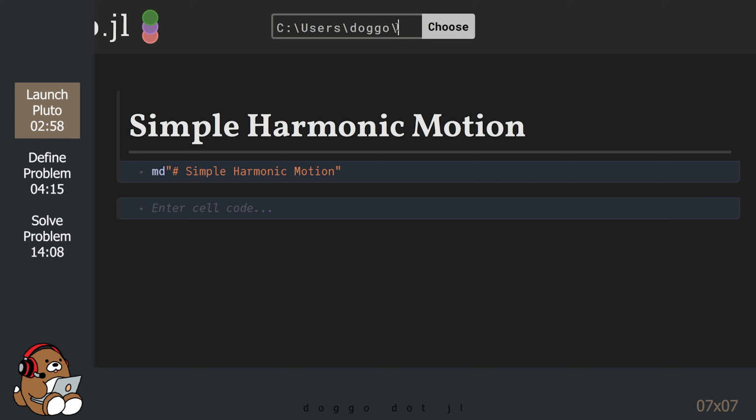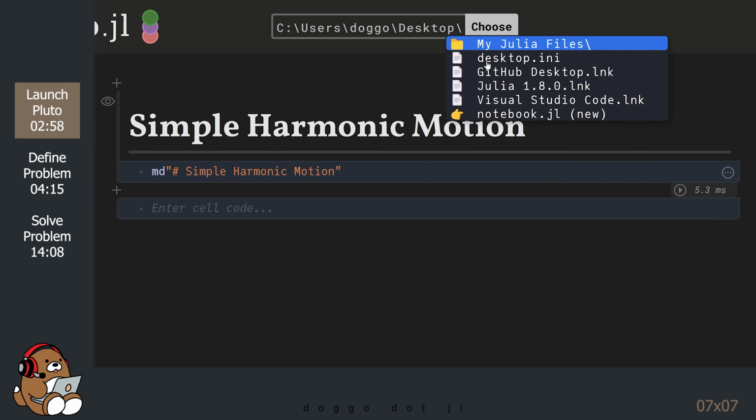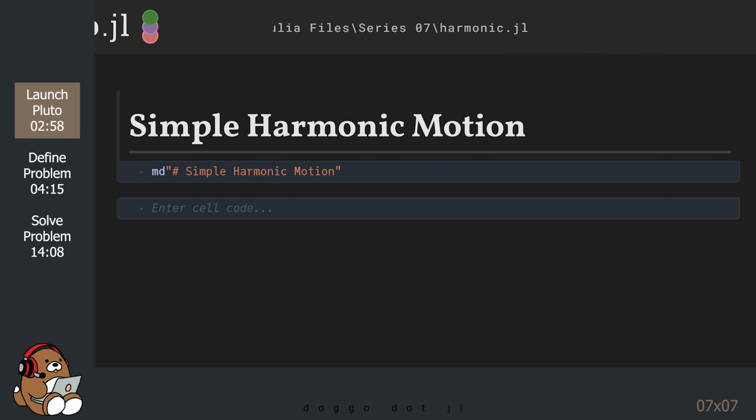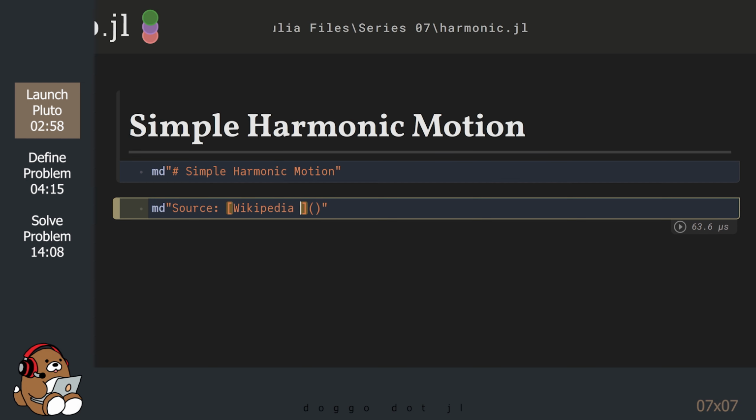Let's save this file by using the Save Notebook bar at the top. Just as a reference, I'm going to add a link to the Wikipedia article on simple harmonic motion.